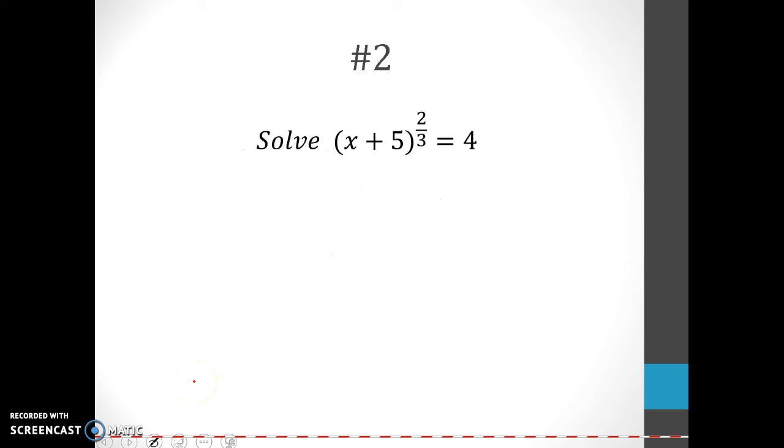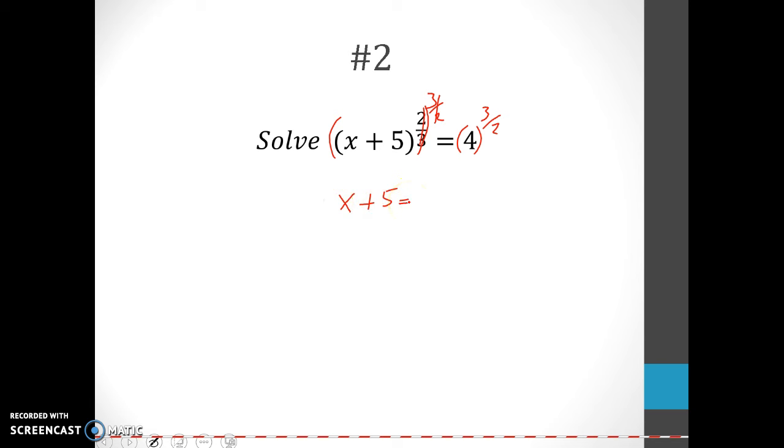So same idea, nothing to get rid of originally here for number 2. I'm just going to take this entire side here and raise it to the 3/2 power. And so 2/3 times 3/2, those all cancel each other out, and I'll have x plus 5 equals,